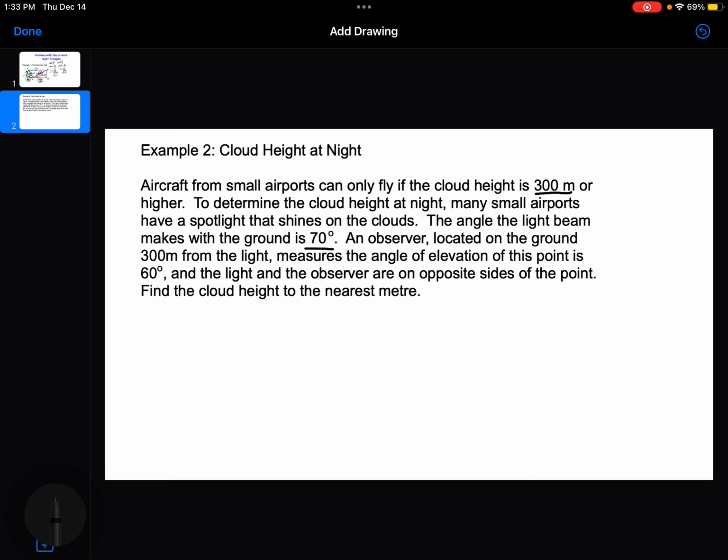Now an observer 300 meters away also looks up and they see the elevation point is 60 degrees. The light and the observer are on opposite sides of this observation. So what we have is a point here and a point over here, and they're looking up at the cloud. We're going to have one value and another value, and we know that in total they're 300 meters apart. But we know that this is, let's say, the 60 degree side, and this is the 70 degree side,